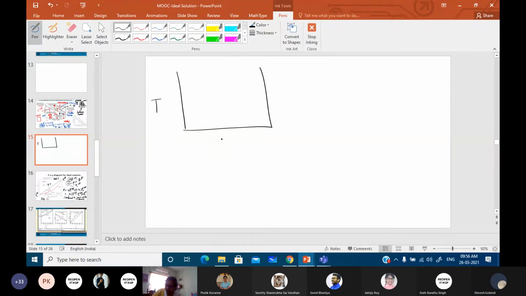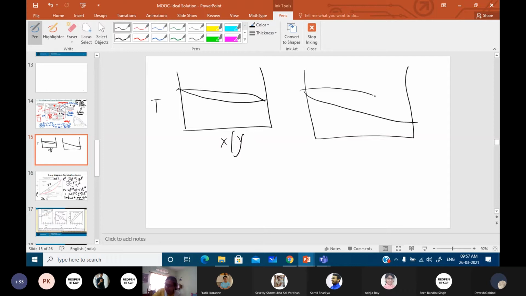This is T, this is X or Y. So suppose they are very close to one another, right? And we have another case where they are much different from one another. We start say from the same point. In this particular case, two stages are giving you this. In this particular stage, three stages will be giving you this. If they are much closer, then definitely you will be getting many more stages.